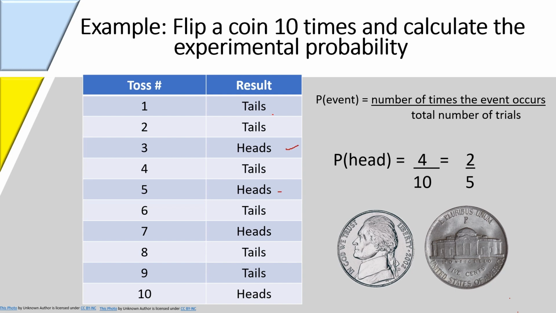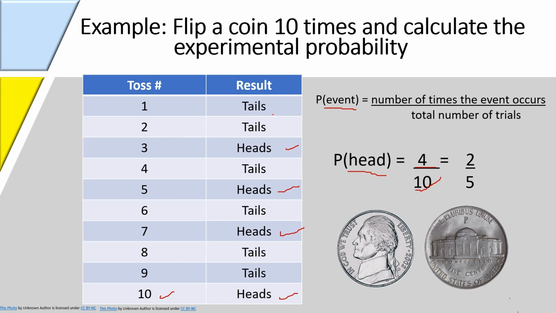1, 2, 3, 4. So my event is I will get a head when I flip the coin. I will get the head side of the coin when I flip it. That's my event, right? The probability of getting a head, I take the number of times it occurs, which is 4. I divide that by the total number of times I flipped my coin, which is 10, and I get